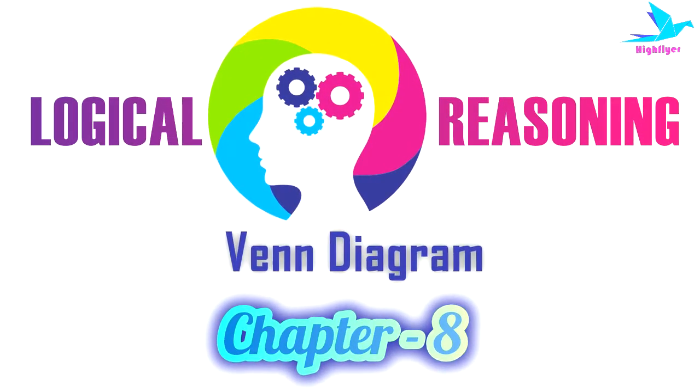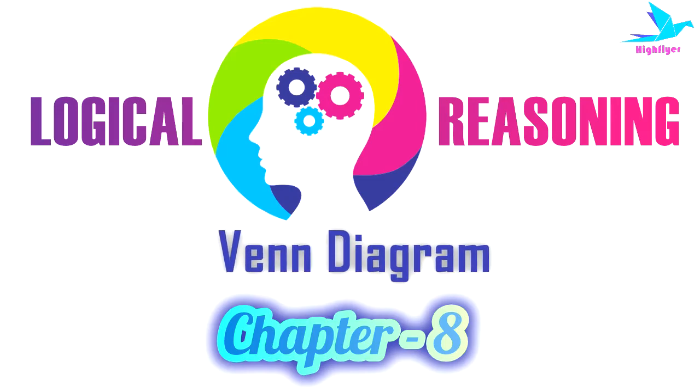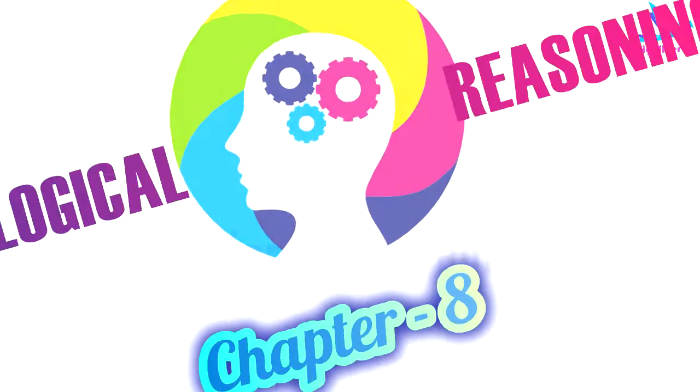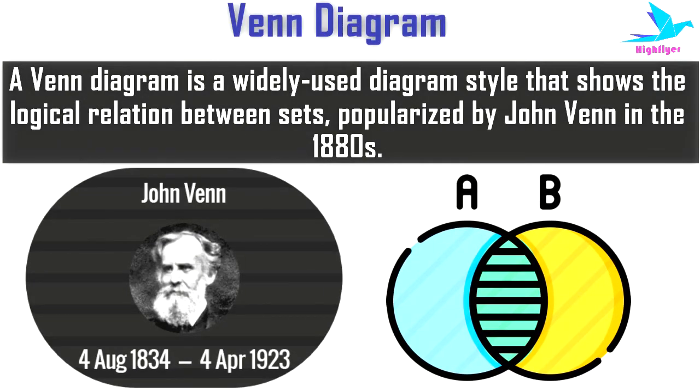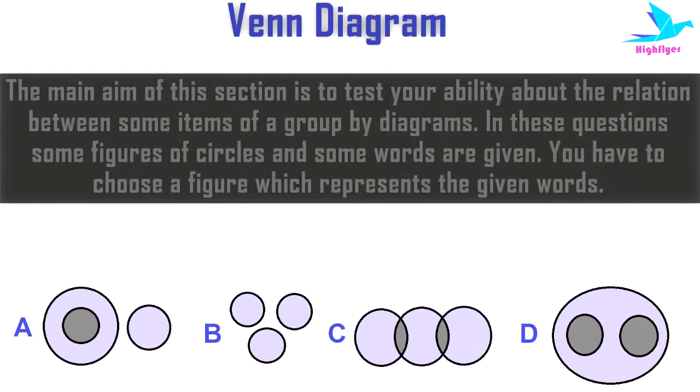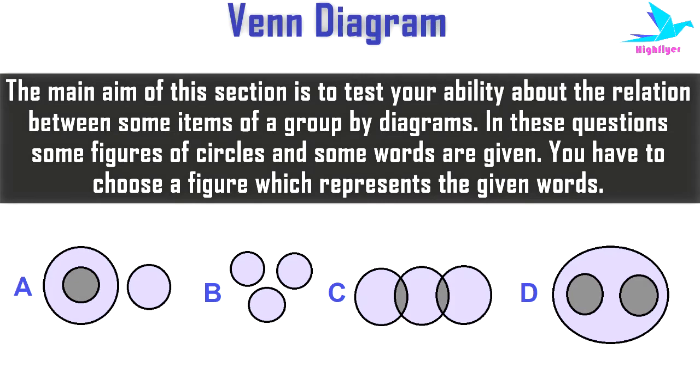Venn diagram, our next chapter for logical reasoning. A Venn diagram is a widely used diagram style that shows the logical relation between sets, popularized by John Venn in 1880s. The main aim of this section is to test your ability about the relation between some items of